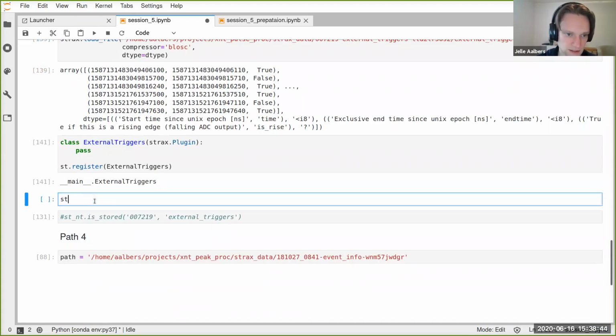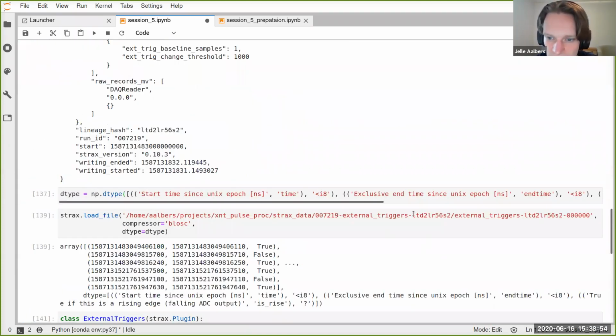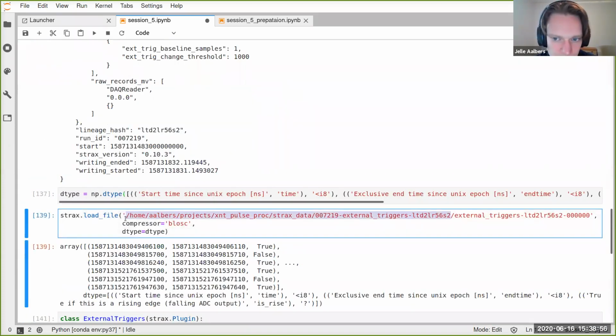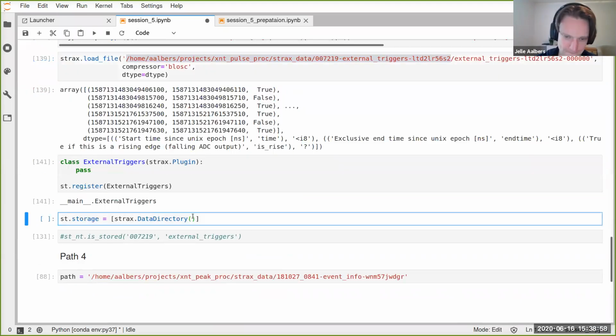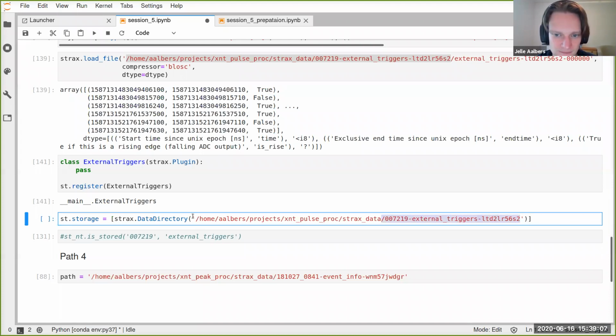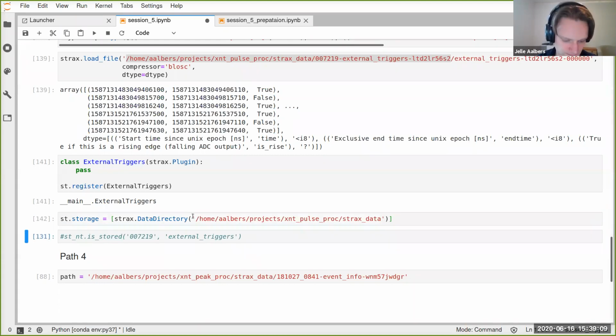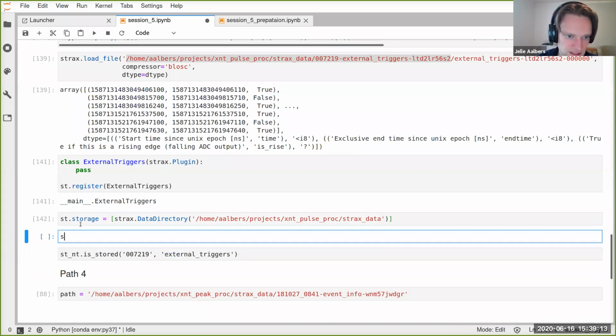Okay, so I want to replace the storage frontend with the data directory. That's not right, right? Don't want this part. Then let's see.